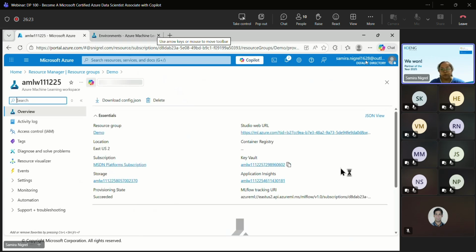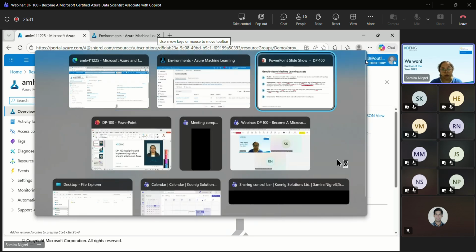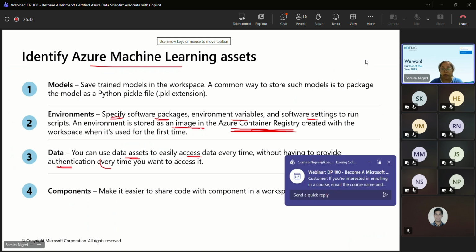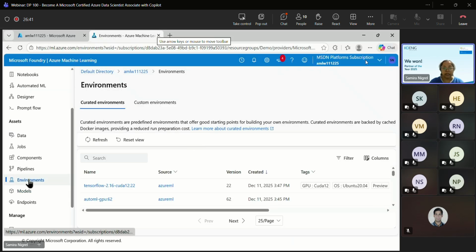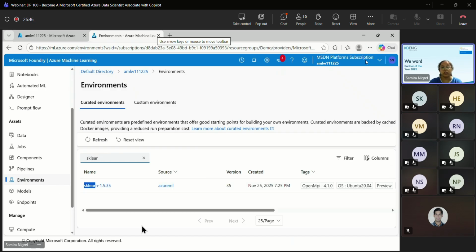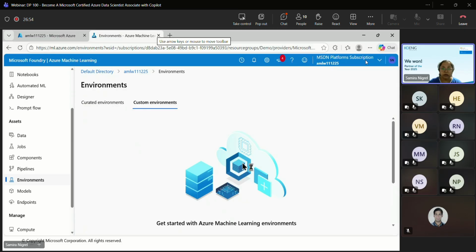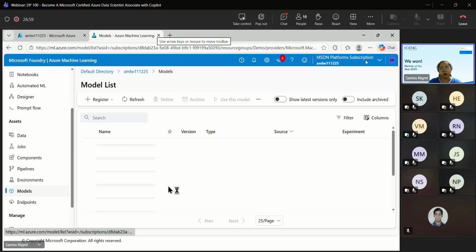Just a moment. So this container registry, which we have not created earlier, is what you will require if you create your own environment and curate it yourself. So this is about the environment. Let's look at one, the sklearn. Which version and all the dependencies are already installed. What if you want something of your own choice? You can always create it according to your requirement via custom environments.